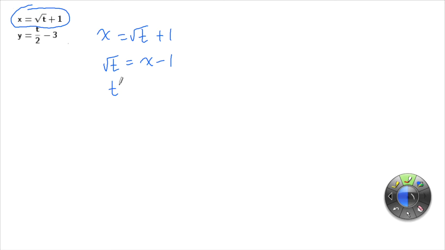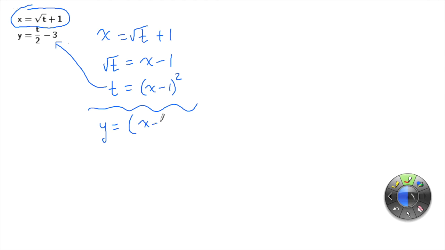Square both sides, and I'm going to get t is equal to x minus 1 all squared. And upon finding that, I take that and plug it into the y-coordinate. So here we have y is equal to (x minus 1) all squared all over 2, minus 3,